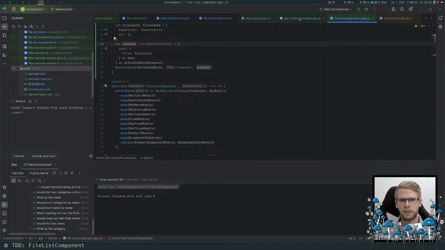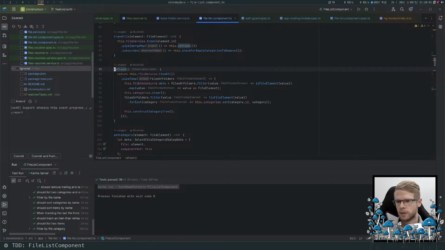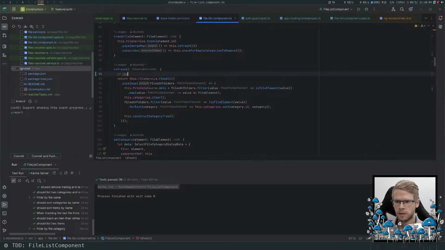In this case, I will add a to-do. I want to check if refresh can be replaced with a page refresh to let the resolver do the refresh, with a to-do. Okay, I'm still not sure if that's what I want, but